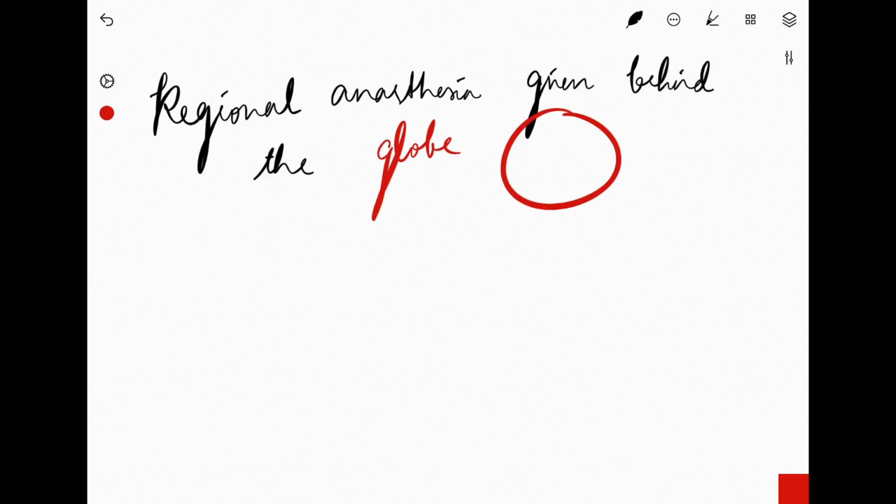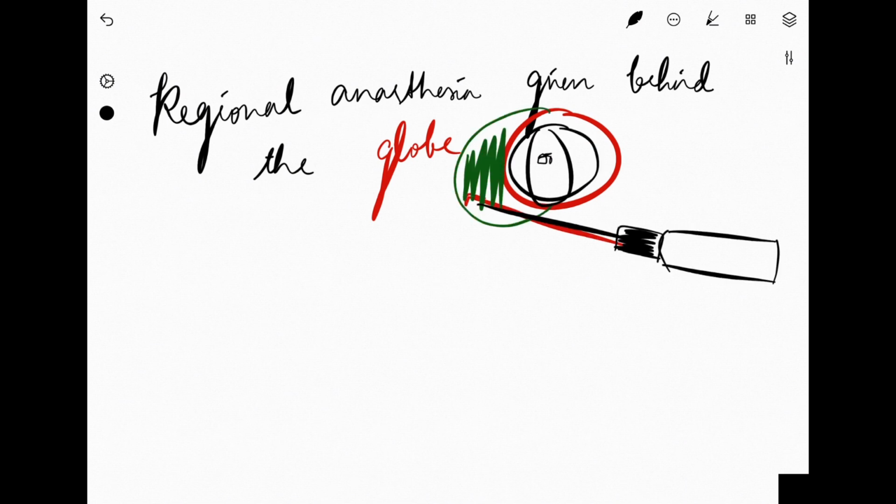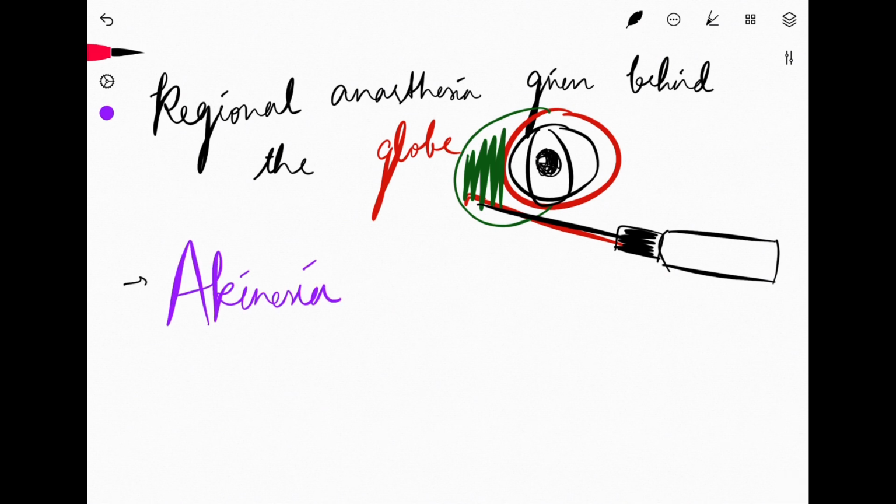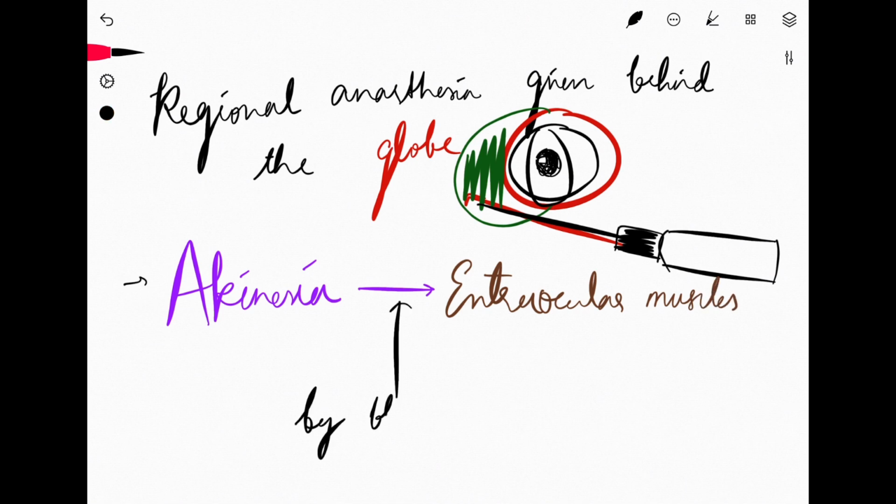The local anesthetic is injected into the retrobulbar space, the area which is located behind the globe. The position of the patient while giving a retrobulbar block should be supine and in a straight looking gaze. When injected into the muscle cone, the main aim is to block ciliary nerve and ciliary ganglion with cranial nerves